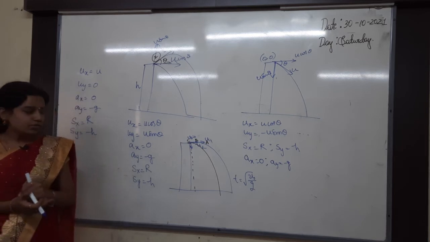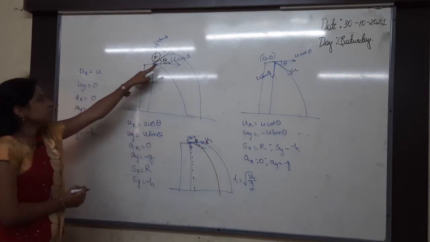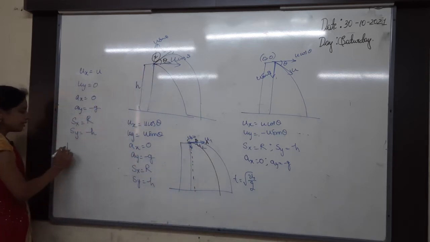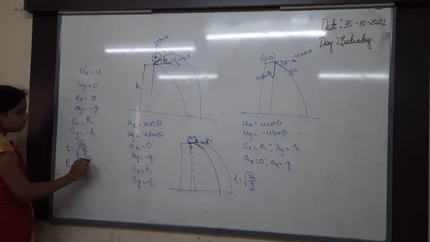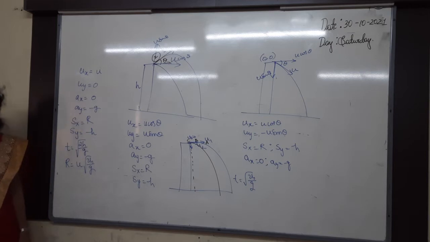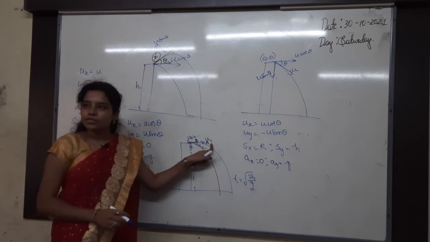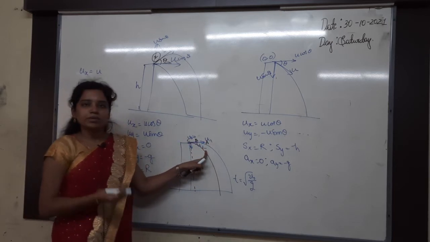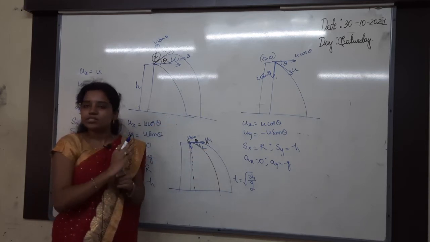Understand it clearly? So here the time of flight, if you see the horizontal projectile, this first case formulas, time is equals to what is the formula we got? Under root 2h by g. Range is equals to what we got? U into under root 2h by g. These are the formulas in the first case whenever we are projecting only in horizontal direction. And at the same time, what I am doing is projecting something with u1 velocity, another with u2 velocity but with less velocity, and another I am just dropping from the same height only, I am not changing the height.